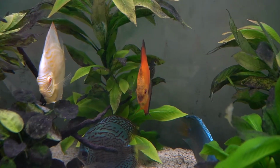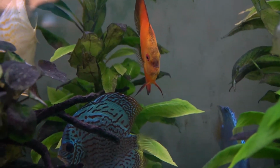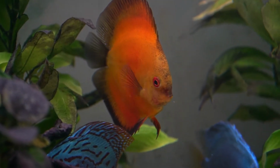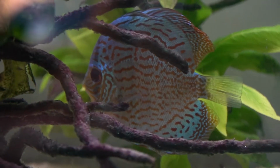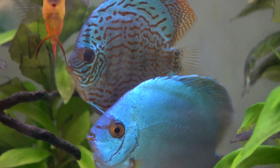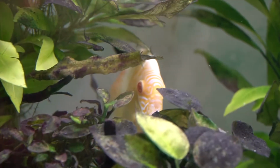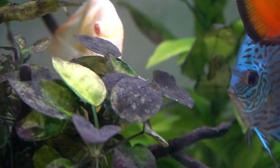Other than that, I have red melon. This is a fish that I got really very small and it has grown quite a bit since then. I have blue diamond, turquoise. I really love this fish. And there is another albino that is currently hiding in the plants. Other than these,